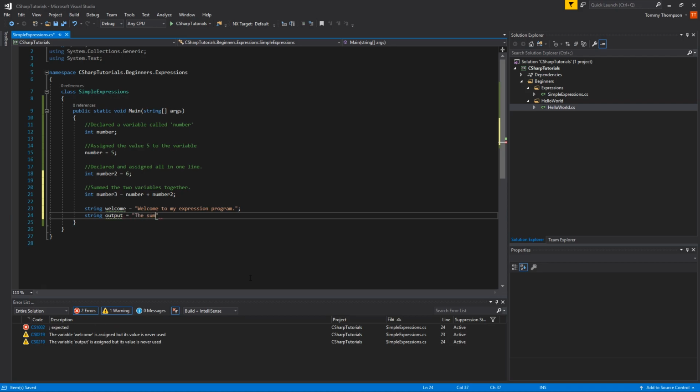String output, just my second line, is the sum. And what I'm going to do is actually use the values of these variables in the string. I'm going to, what we call, concatenate the string. "The sum of", I'm going to leave a space, and then the plus sign, number 1, and space, and then the plus sign number 2. Oh, then I need a plus "is",